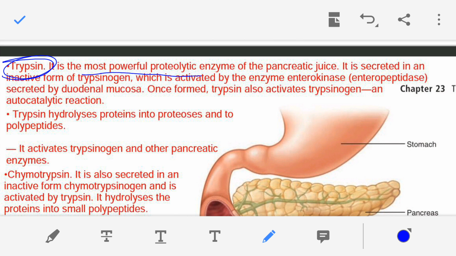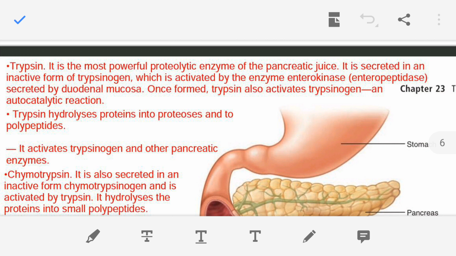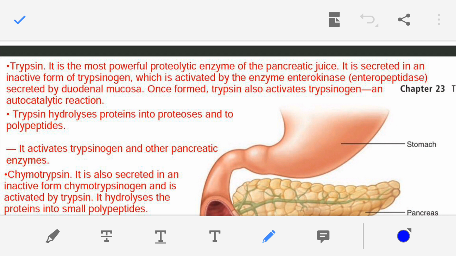That means it is a very strong protein digesting enzyme present in the pancreatic juice. Now from where is this trypsin secreted and in which form? First of all, trypsin is secreted in the inactive form, and this inactive form of trypsin is known as